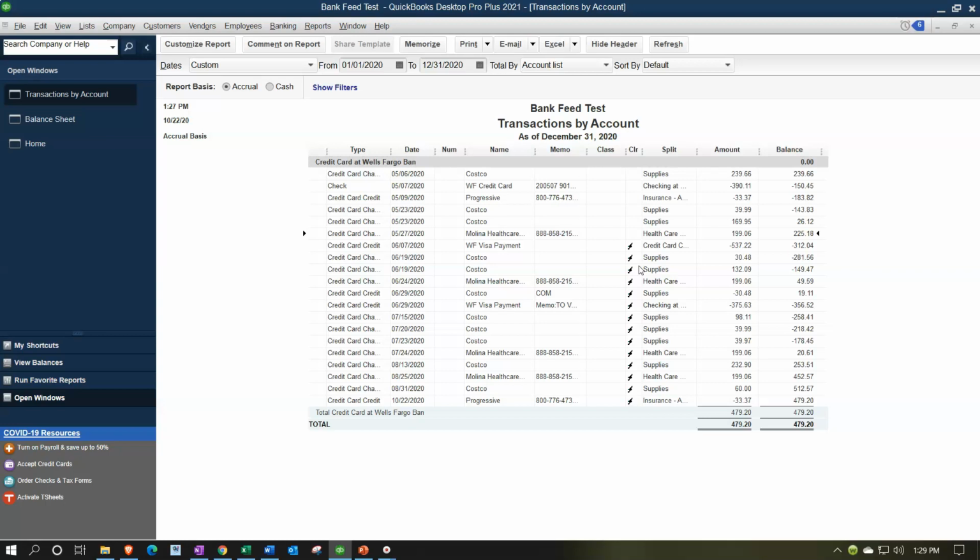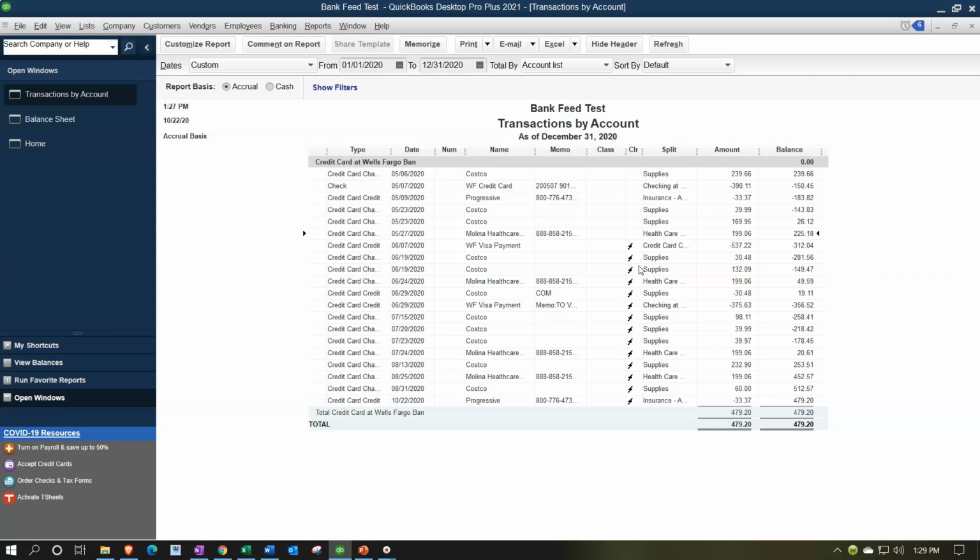But you still want to do the reconciliation because that'll double check that you didn't double enter anything, like something didn't get downloaded twice, for example, or that you didn't miss anything, meaning there's something that for some reason didn't get downloaded or somehow got deleted. So you still want to do the bank reconciliation, but it should be a really easy process